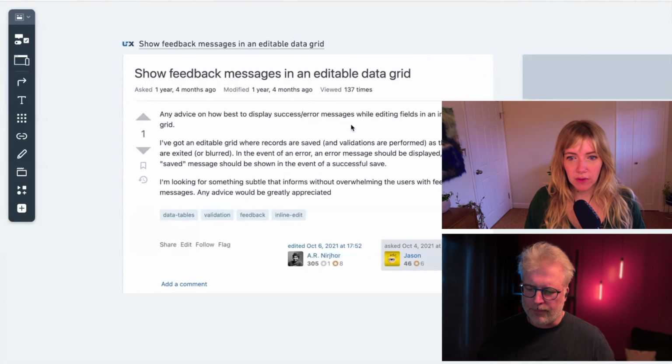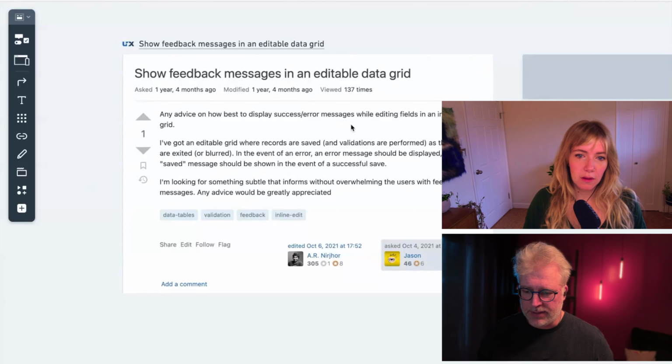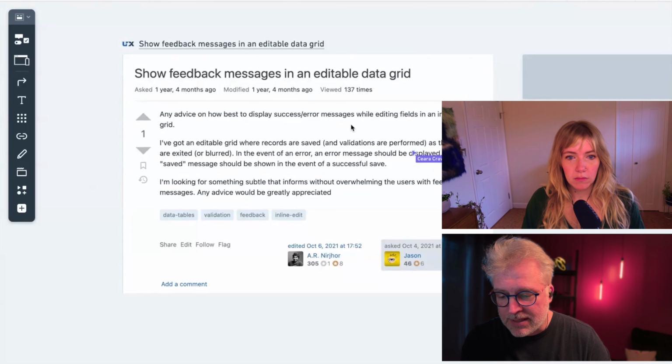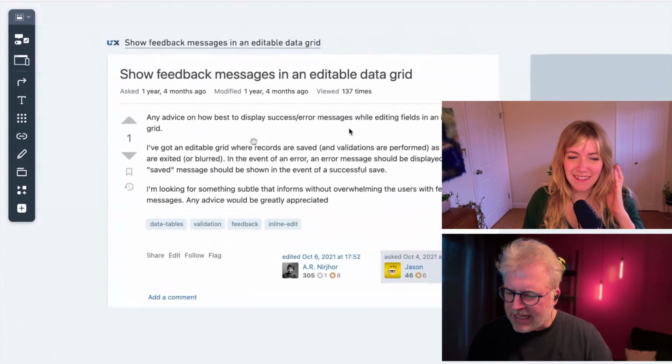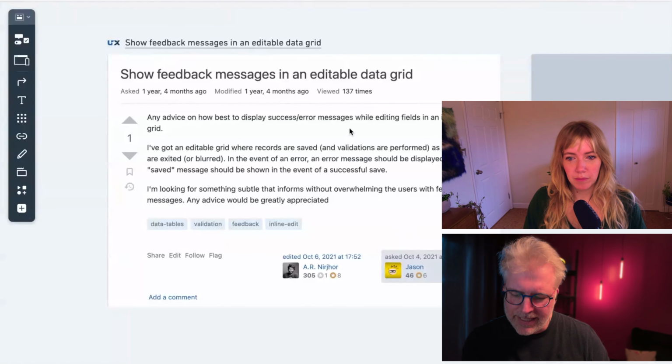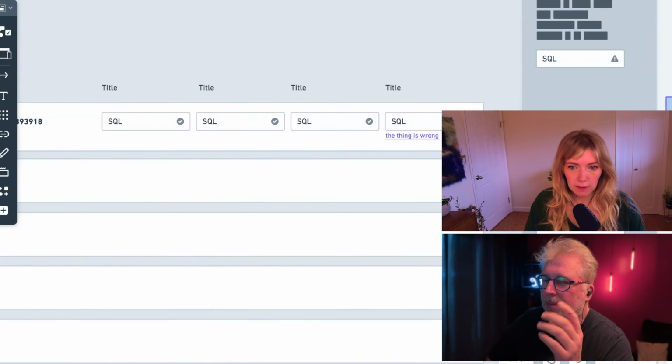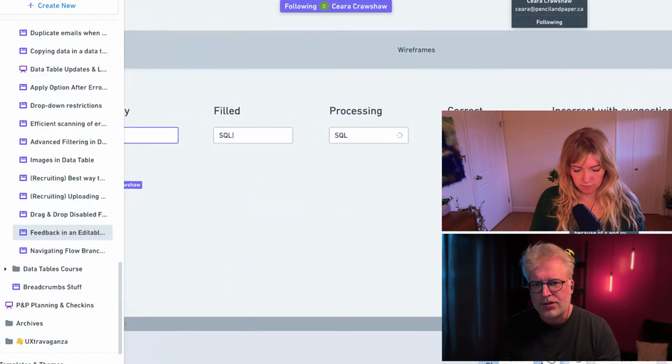That's better. Okay, the problem that Jason proposes, or the title is Show Feedback Messages in Editable Data Grid. Just that, but we can be here for a couple of hours. So any advice on how best to display? Okay, Jason. Hi, buddy. We tried to help you around feedback messages and interactions within a data table or a